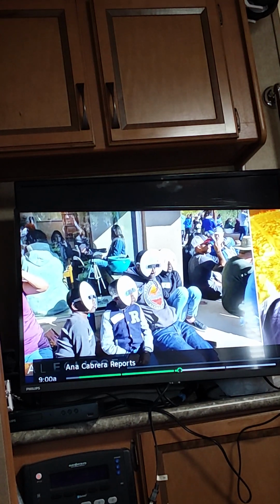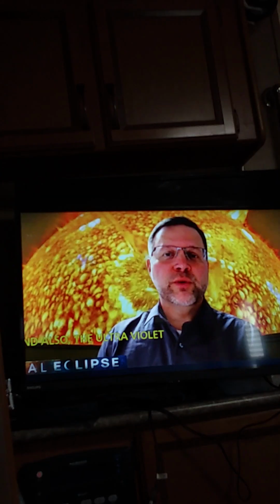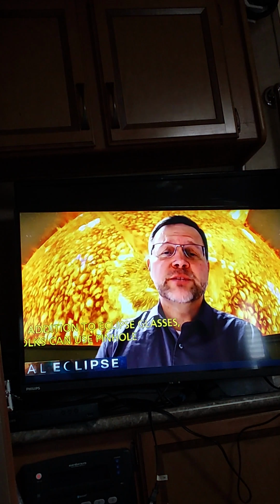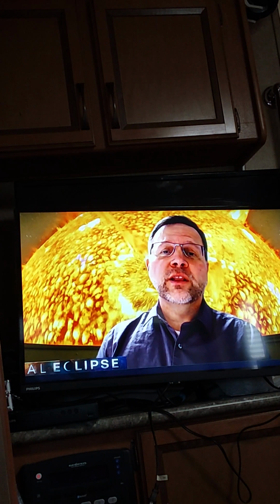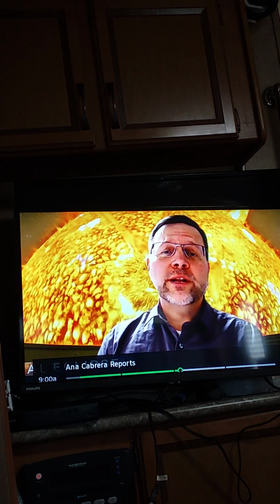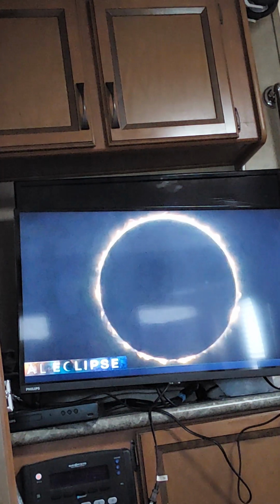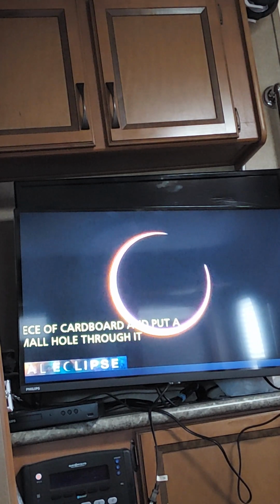In addition to eclipse glasses, folks can use pinhole projectors. You may have heard about those, where you have a piece of cardboard and put a small hole in it, and then the light goes through that small hole and projects an image of the sun. But you're right, you want to be really aware of the safety aspects of it, so we don't have folks